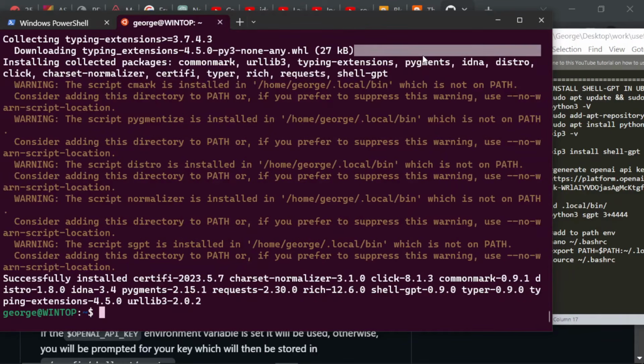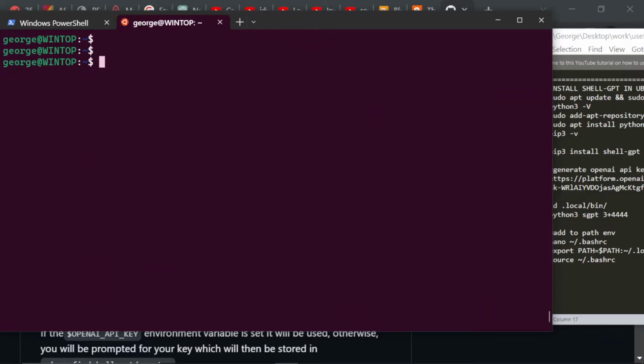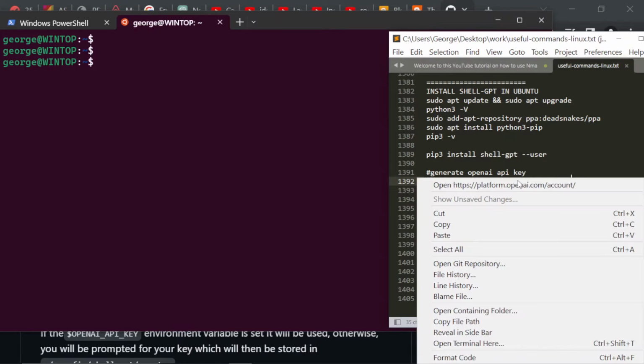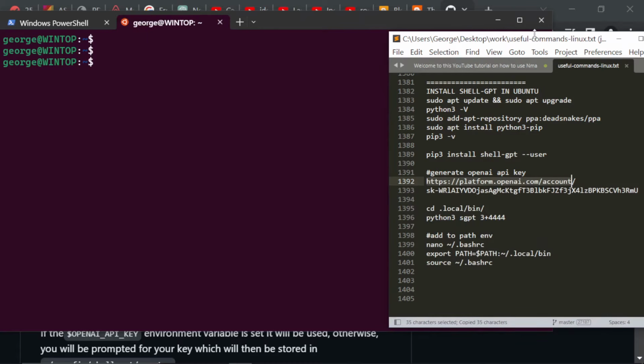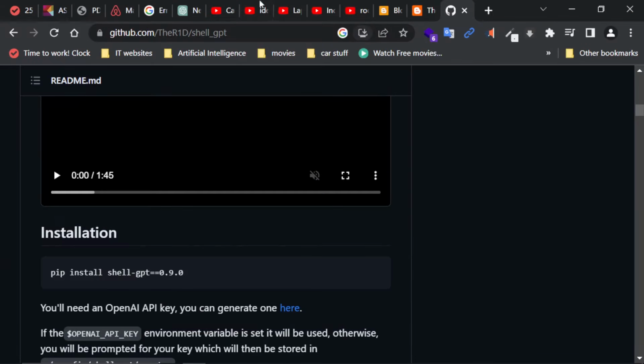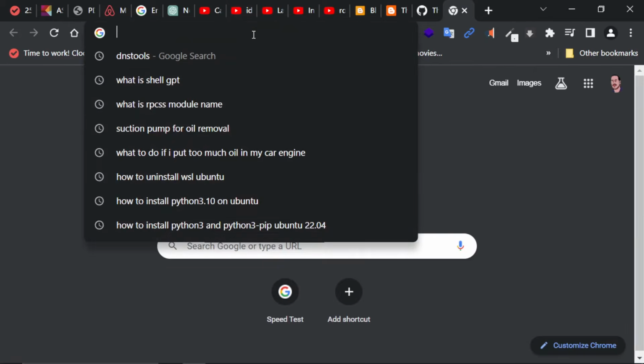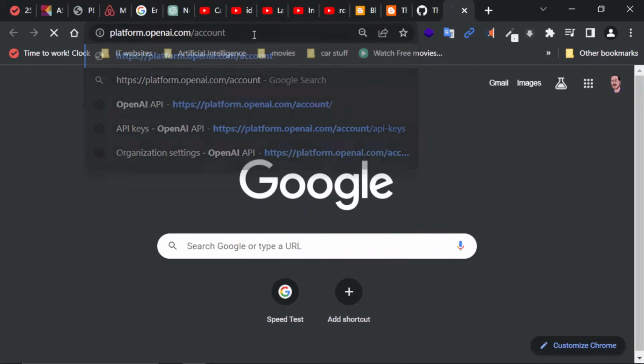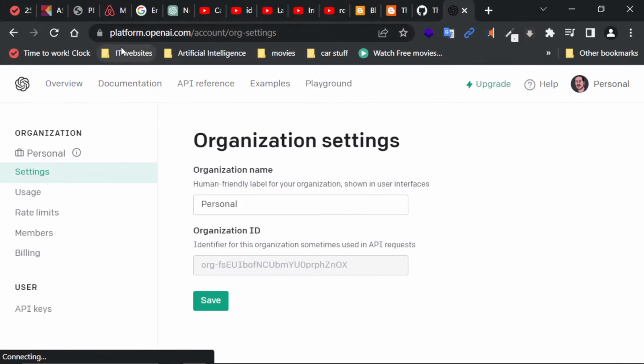Alright, after successful installation, we need to generate an API key so we can use Shell-GPT. If you haven't created one, here's the link. I'm going to leave the link down in the description. Basically, you have to go to the browser and enter this link here, platform.openai.com account,